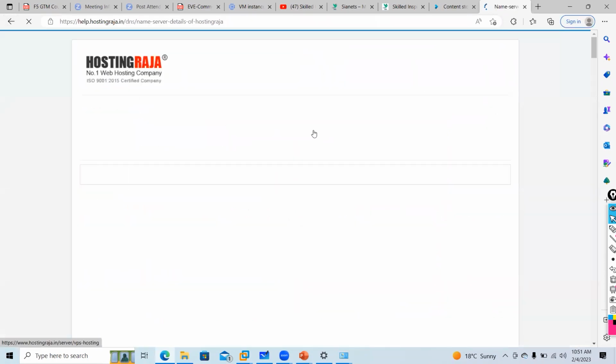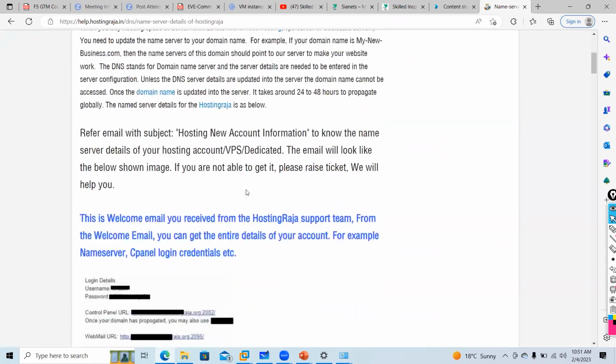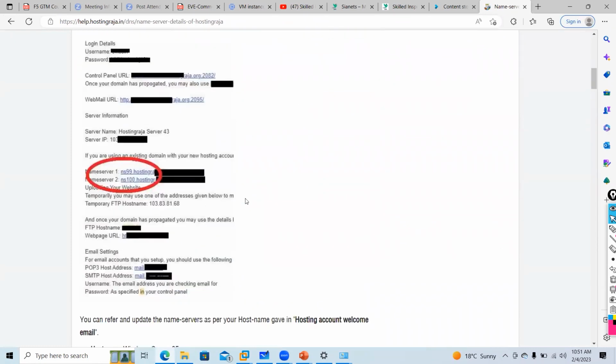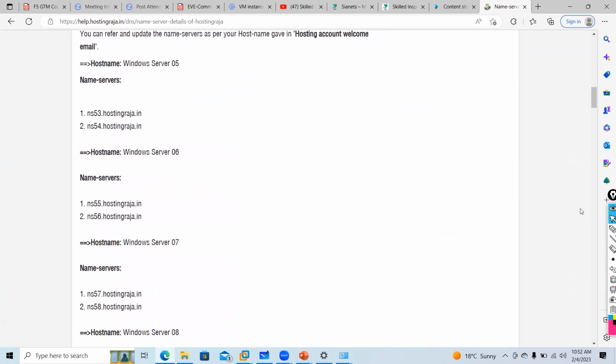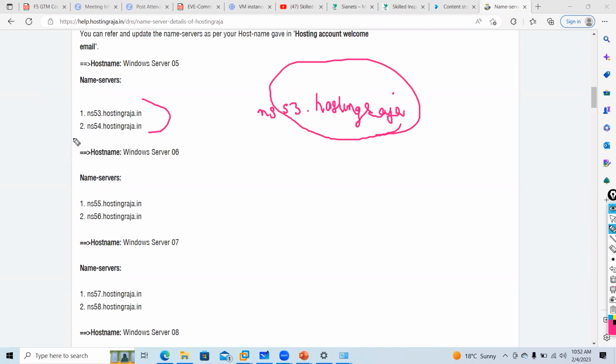So you can go here, name server details. It will start like this: name server 1, name server 2. So this is how it will be. ns53.hostingraja.com, ns54, ns55, ns56.